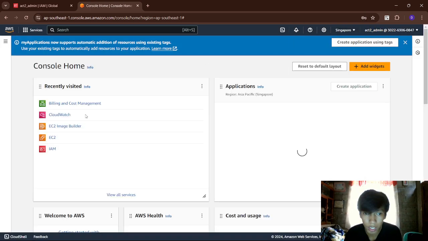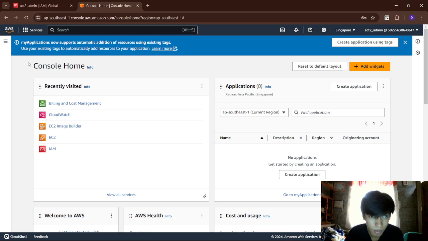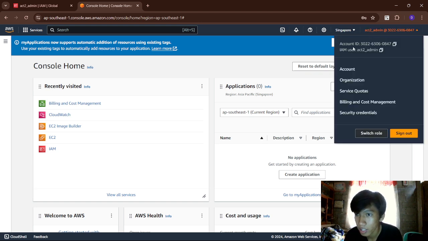So as you can see, I have access for our console home, which we have the admin for the Act 2. We use the account of the admin for accessing the console.